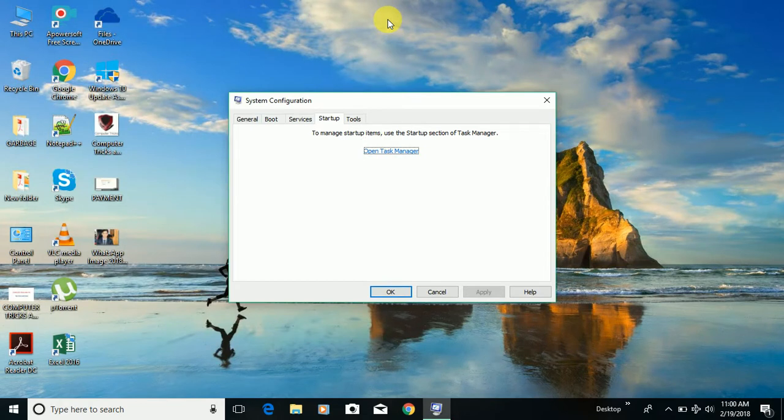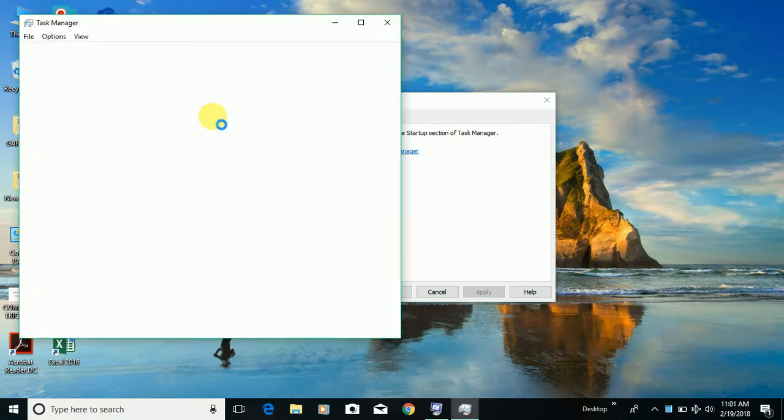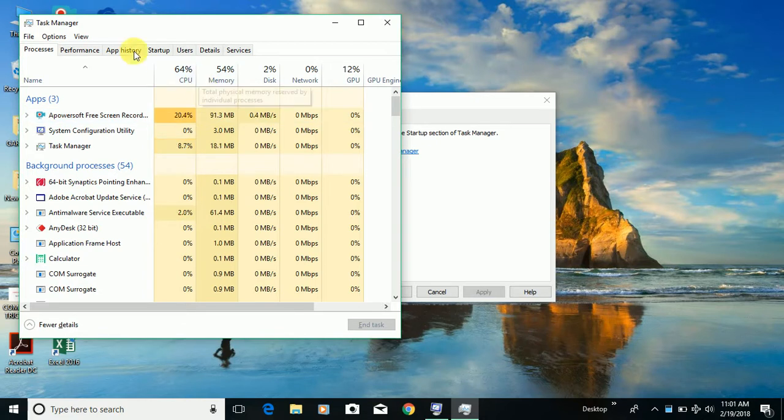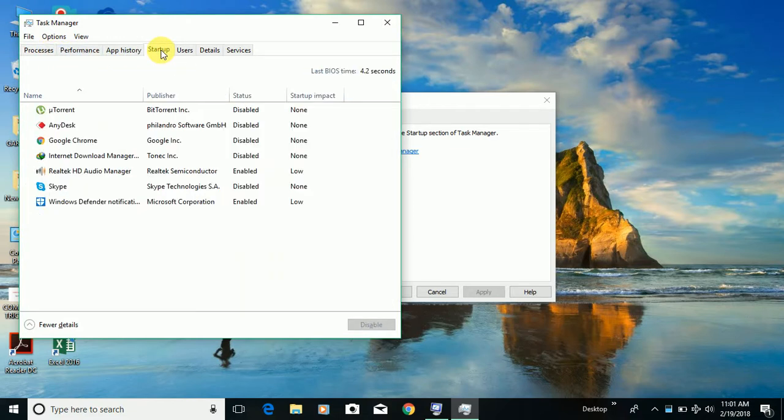The second way to open the startup programs is to press the Control button, Shift button, and Escape button simultaneously. Once you press these three keys together, you will get the task manager, and you will find all the options. You can see processes, performance, app history, and startup. Again, once you click on this startup option, you will find the same menus where you can disable or enable any